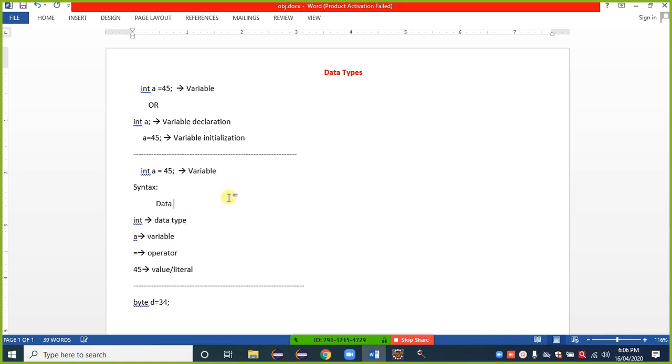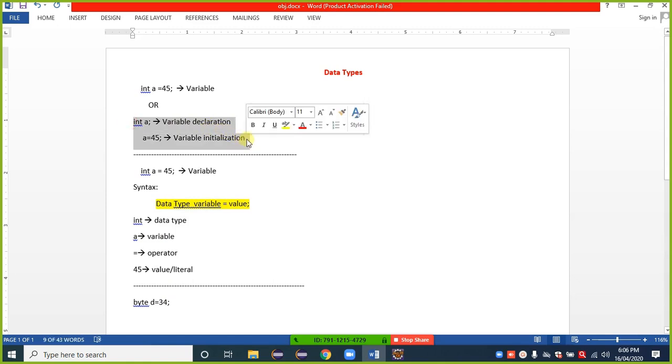Data type, then variable name, equal to operator, and value or literal, semicolon. It is the syntax of a variable. Each and every variable we can use like this, or we can write in this way also, as per our program requirement.